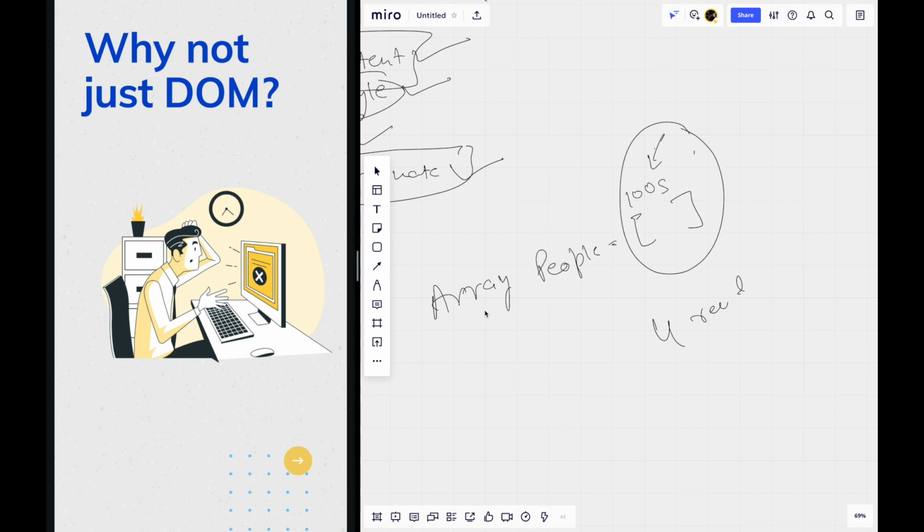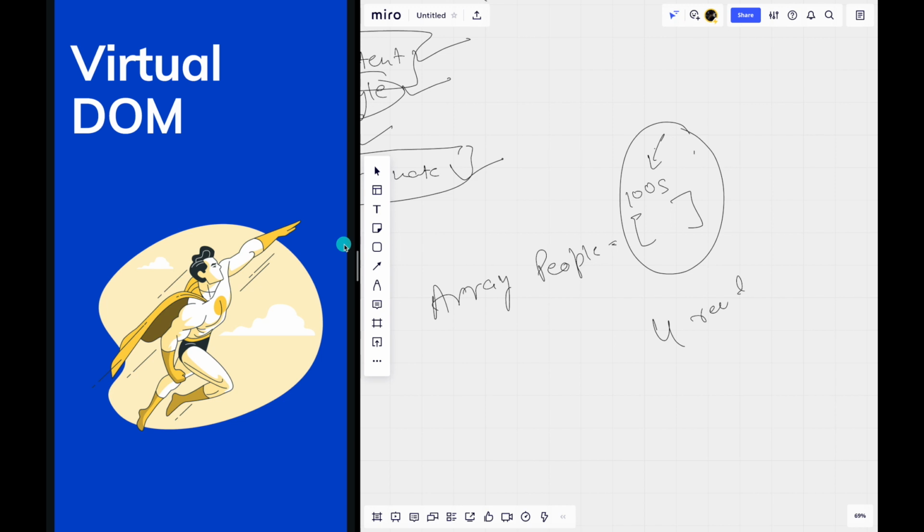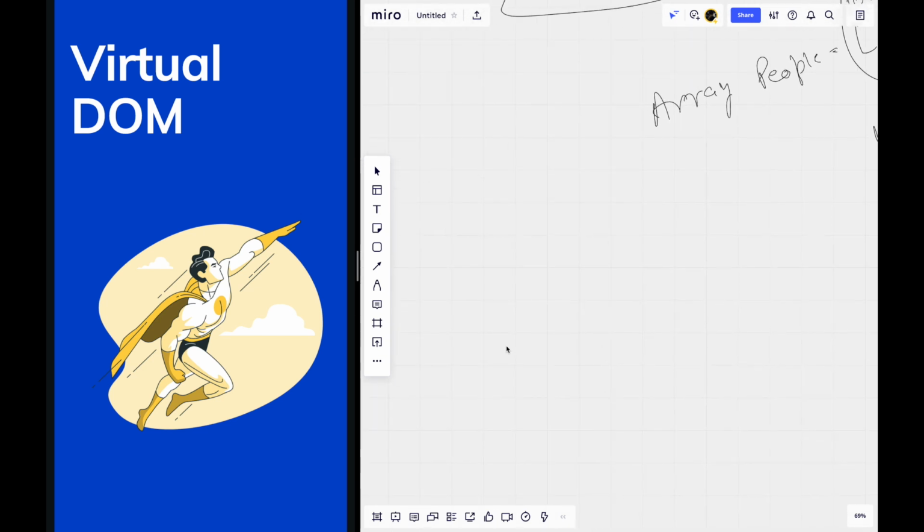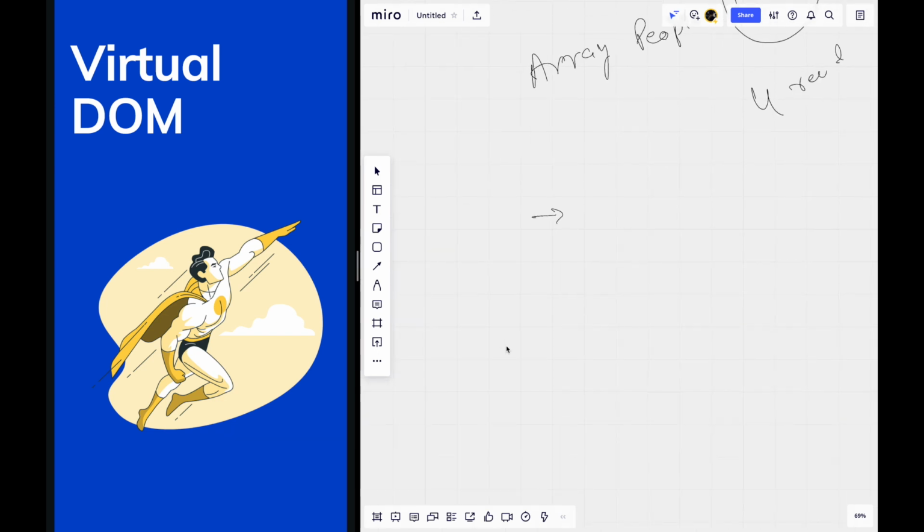So to overcome all this, we have our superhero, and that is virtual DOM. Now what exactly is virtual DOM? Virtual DOM is a concept brought by Facebook. The very few important things about virtual DOM are that virtual DOM exists in the memory. It is never painted on the screen. There is always an actual DOM which is painted on the screen. So if someone is saying that React uses virtual DOM to paint on the screen, that is incorrect.